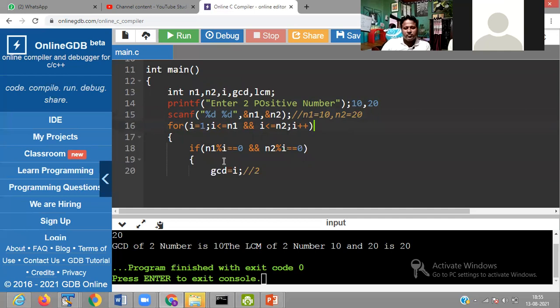Now N1 modulo 1 is equals to 0. Remainder is 0. The plus plus sign is for increment of 1.